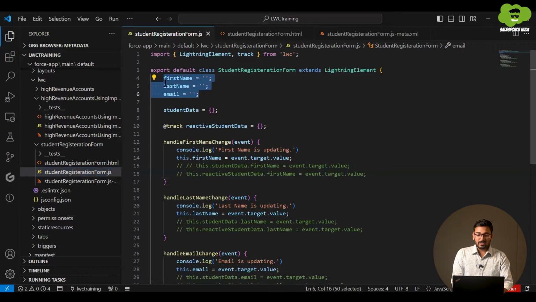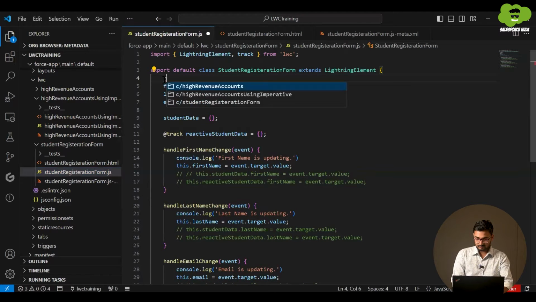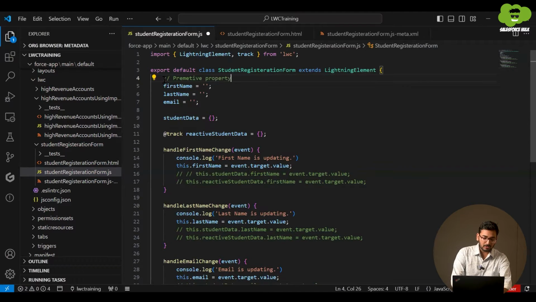You can understand from here itself that these properties are primitive ones, right? Primitive properties, which means properties which store a string, number, any non-reference type of data.